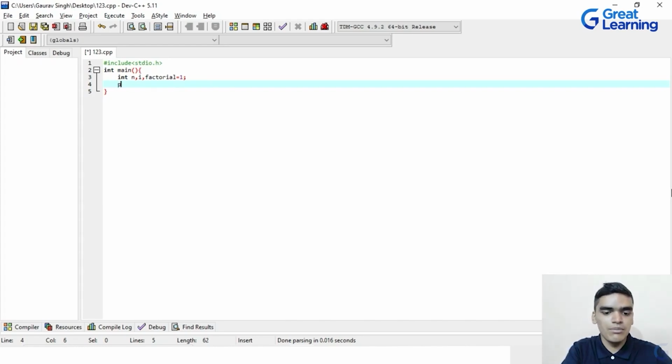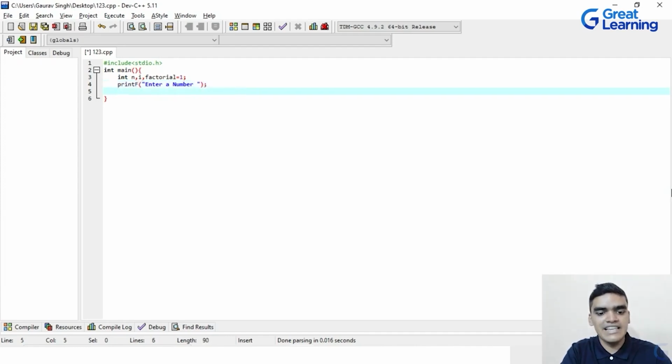So first I will write here printf, and I will write "Enter a number", and after that I will write scanf, and I will write %d inside this, and I will also write ampersand n here. So why am I writing %d and &n? Whatever n value I assign, it will be assigned to the %d. Okay,